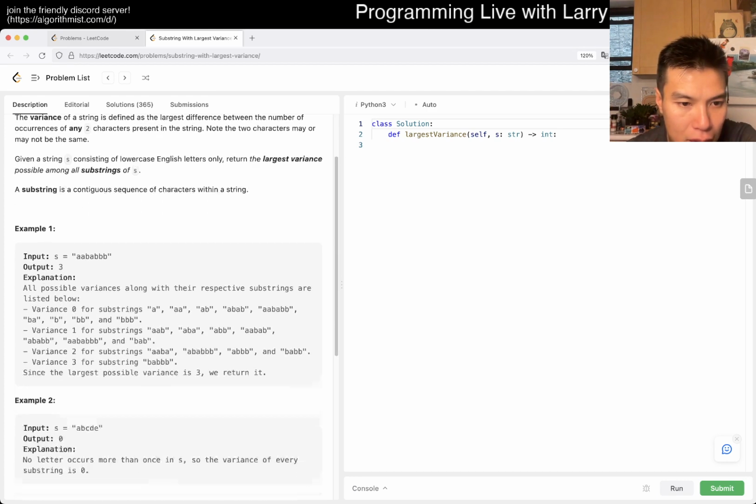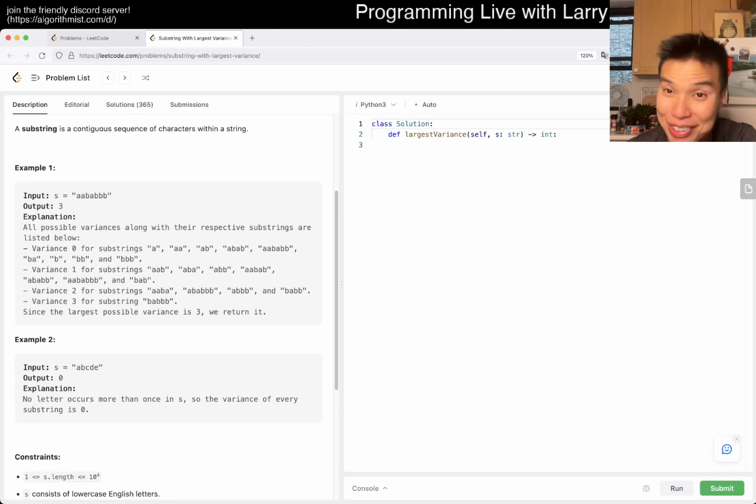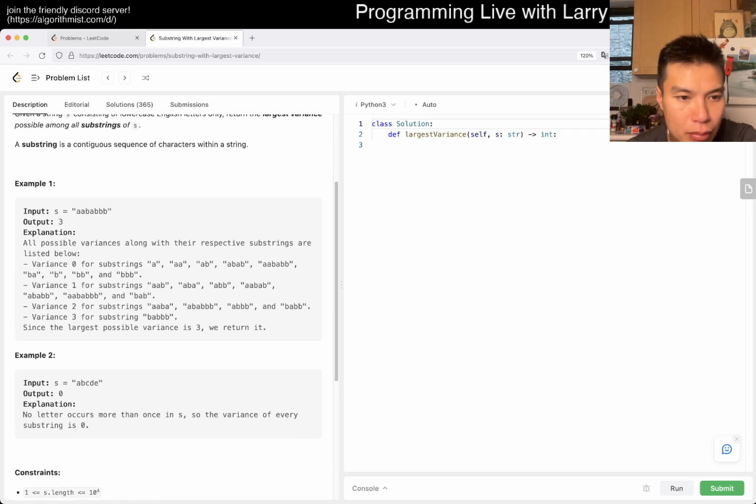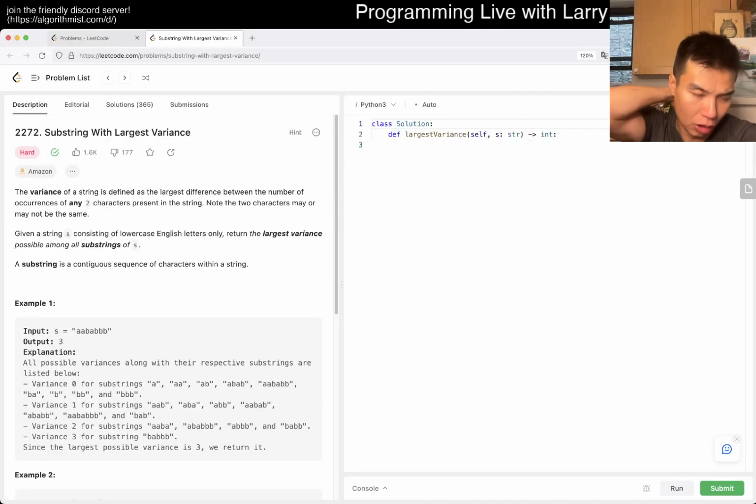So n is 10 to the 4th, so we have to be a little bit intelligent about it versus something more naive maybe. But what does largest variance mean? I don't immediately have